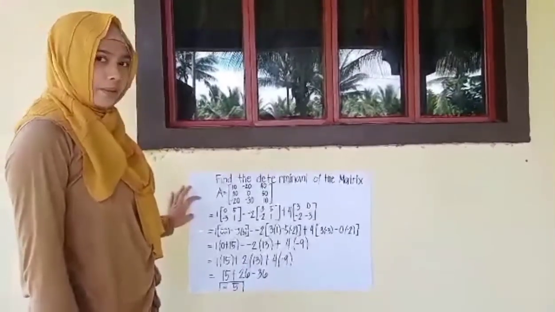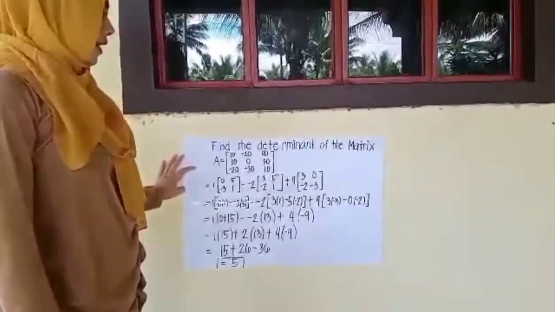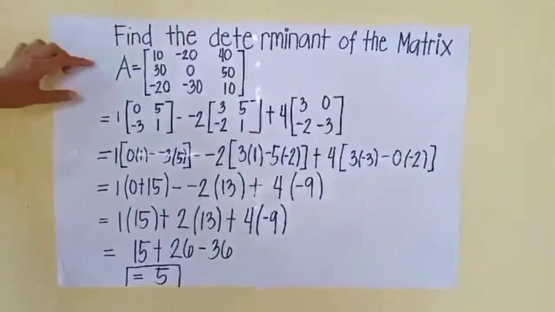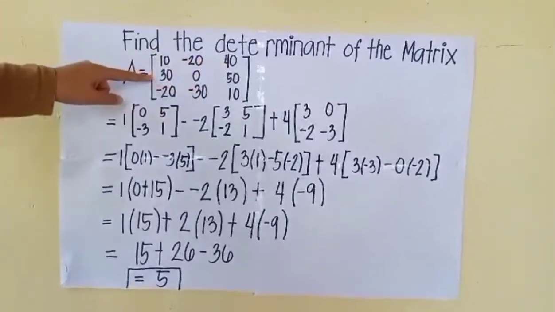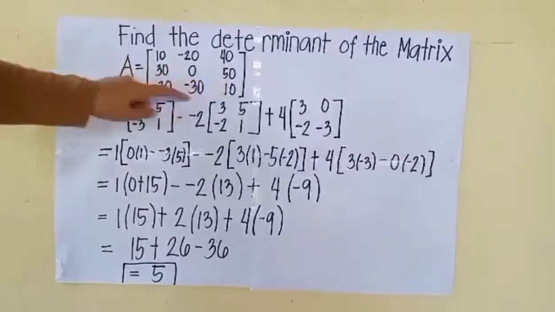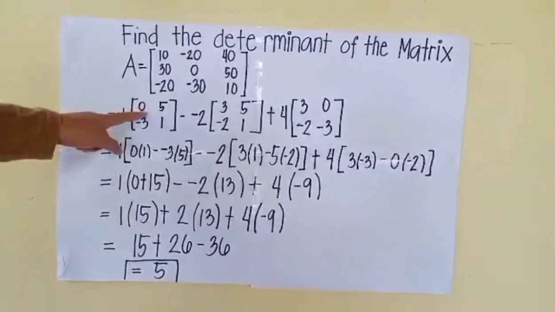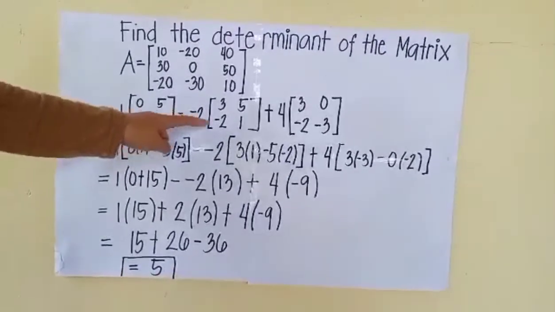Find the determinant of the matrix. Matrix A is equal to a 3 by 3 matrix which contains these numbers. A is equal to 10, negative 20, 40, 30, 0, 50, negative 20, negative 30, 10. Is equal to 1, 0, 5, negative 3, 1, minus negative 2, 3,